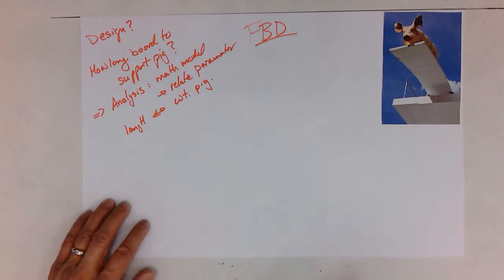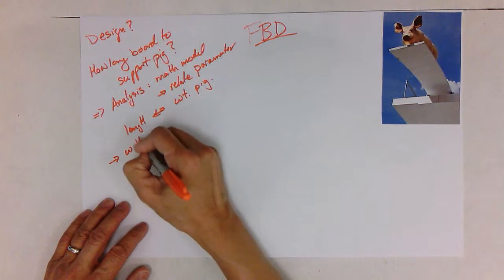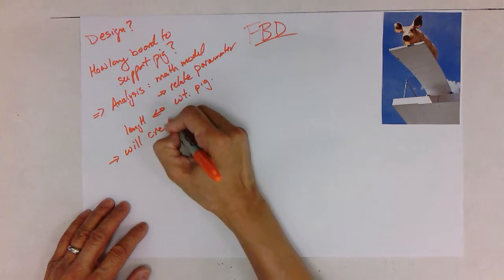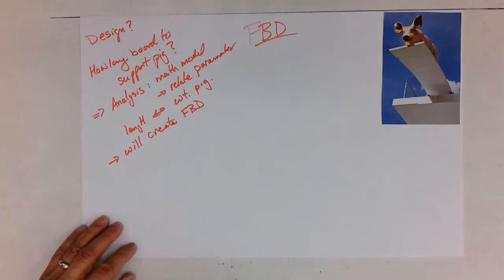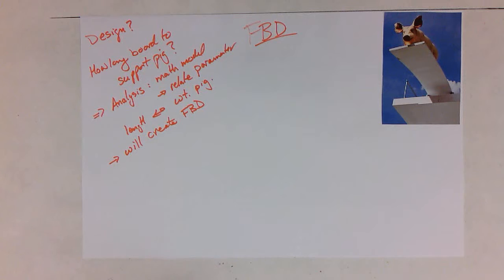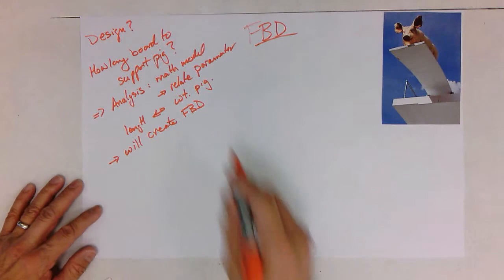All right, and so in doing this analysis, we want to create a free body diagram as one of our first steps in doing this. So I'll show you some of the options that you have when you're actually creating the free body diagram. I'll show you 3 examples. All right. So the first example